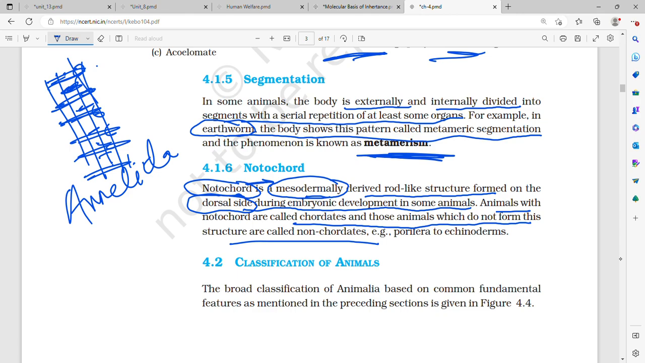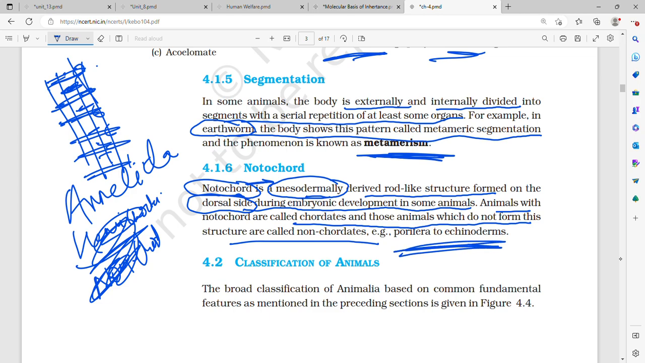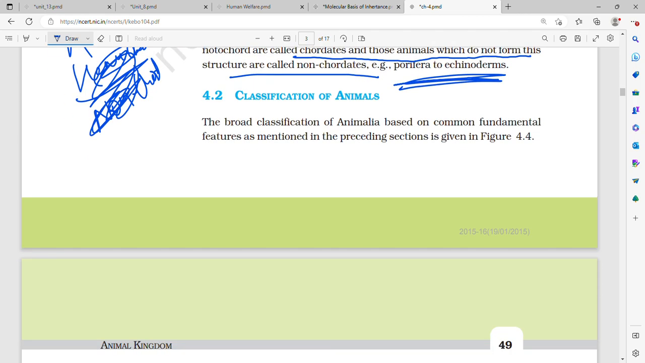Notochord, that is, till your Hemichordata, they are all called non-chordates. Okay, sorry, Porifera to Echinodermata, they are all non-chordates. They do not possess a notochord. I think till Hemichordata you can say that the notochord type structure is rudimentary in Hemichordata. Anyways,